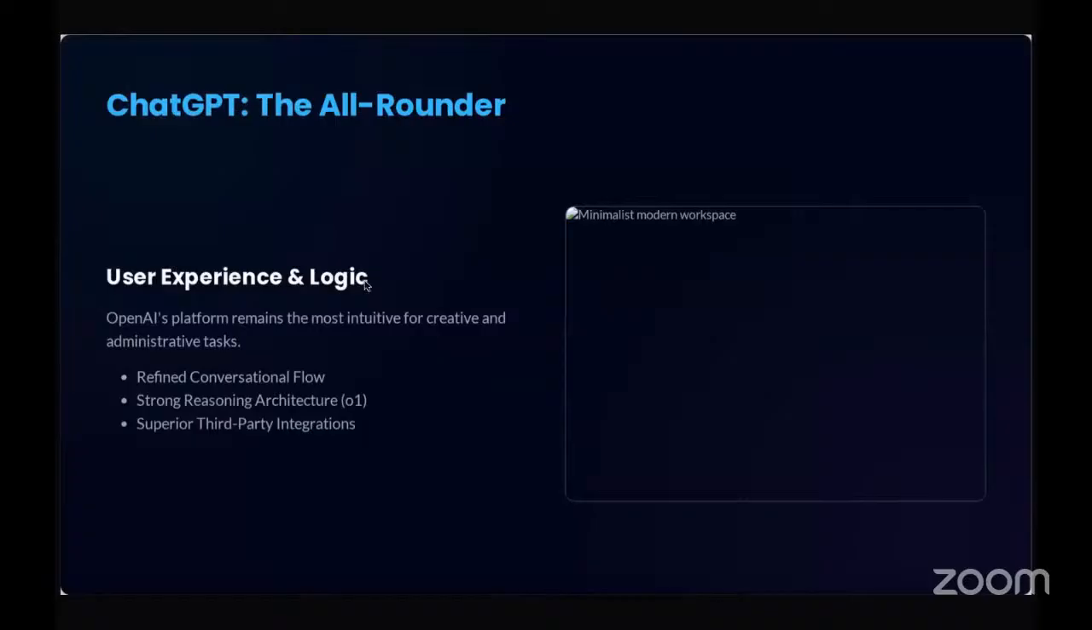ChatGPT is really the all-rounder, but the problem with all-rounders is that they do not excel at one particular place. They do good in all the places, but in order for us to actually make the most out of the usage with AI, we need to use an AI that excels at particular tasks. ChatGPT is good. It's an all-rounder, but it's not the best. So it does remain the most intuitive for creative and administrative